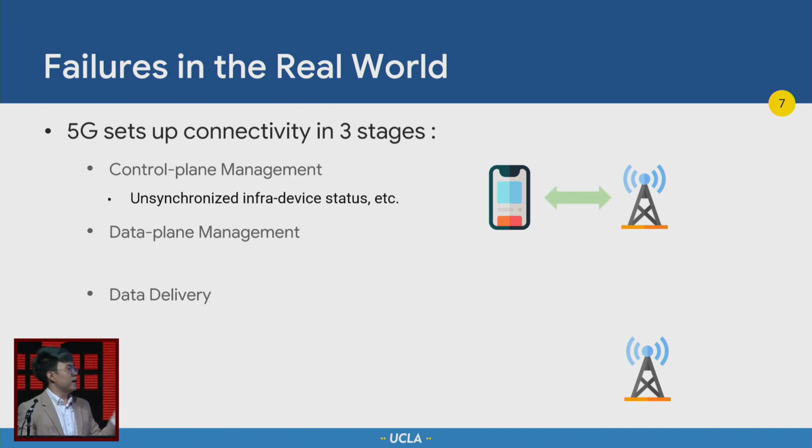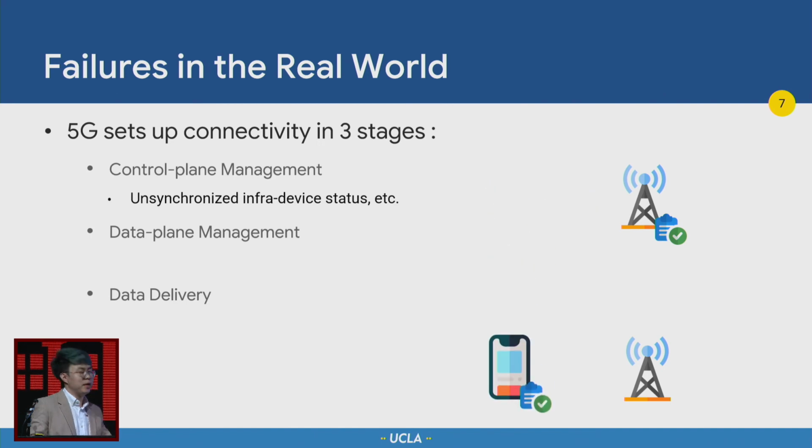For example, this device connects to base station 1, and with this successful connection, it will set some internal status and also identities. However, due to mobility, this device could move to another new base station. But the core side data is not synchronized in time, so the infra-side data is not synchronized with the device. And when the device tries to attach with some cached identities or status, then the failure happens.